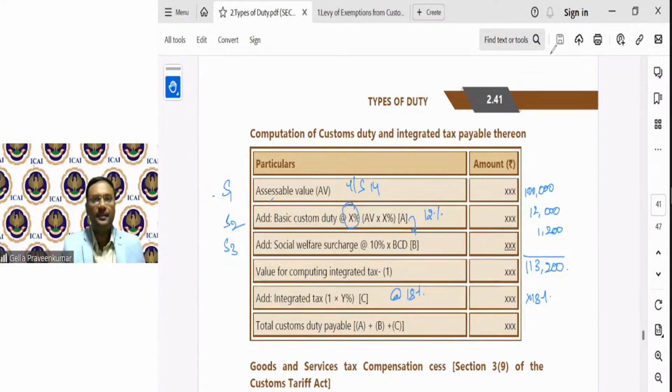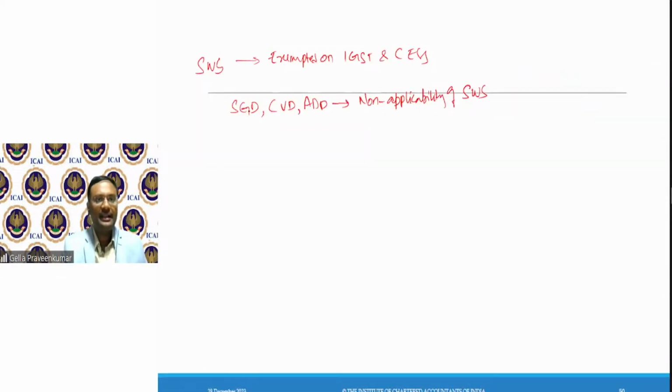So for the purpose of computation, I calculate my SGD, CVD, additional duty on the basic value directly. Assuming one example, say my assessable value or transaction value is 1 lakh.